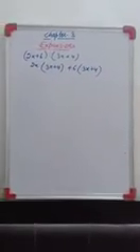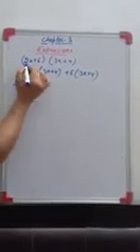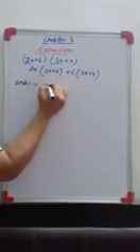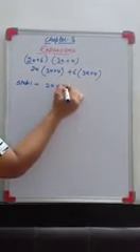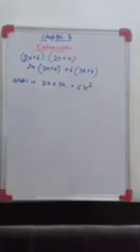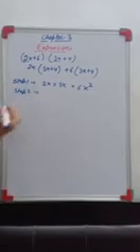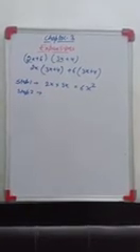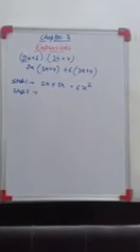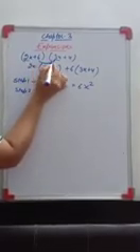Another, if I am following the step method, see, step 1 was what? Multiply the first terms. So 2x into 3x. It will be how much? 2 into 3 is 6, x into x, x square, right? Step 2. Step 2 was what? Calculate the inner product and then the outer product. Inner product means the inner terms.